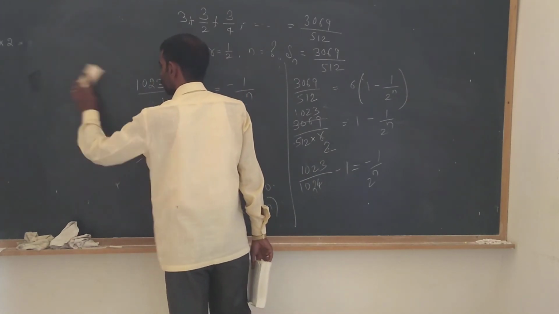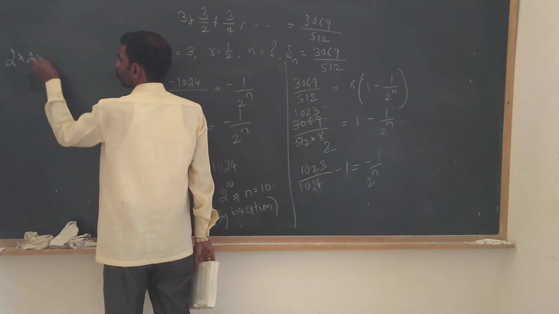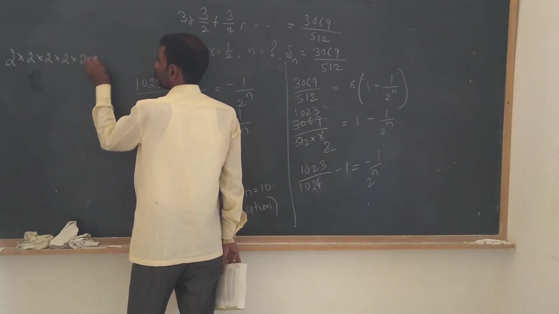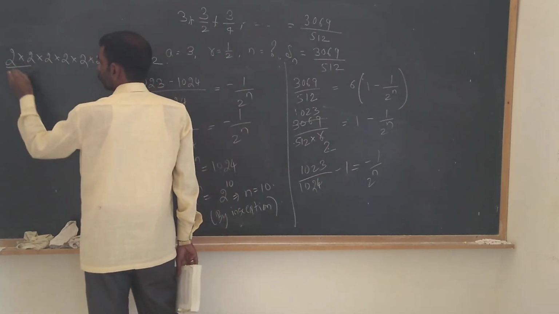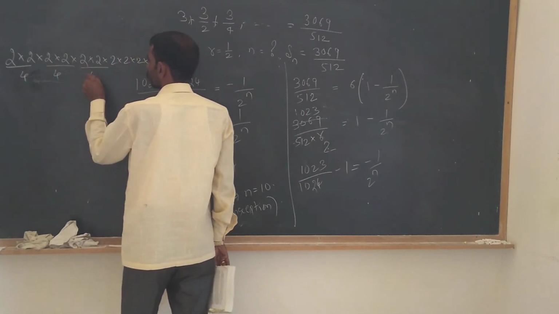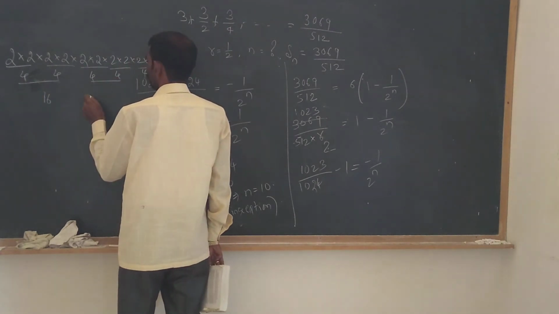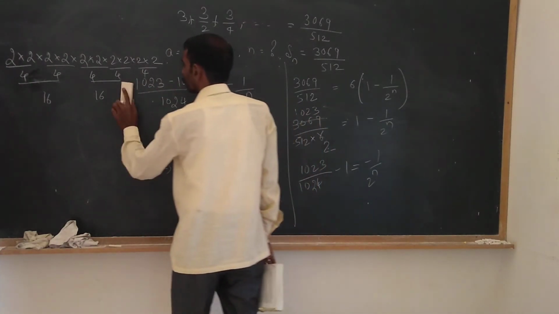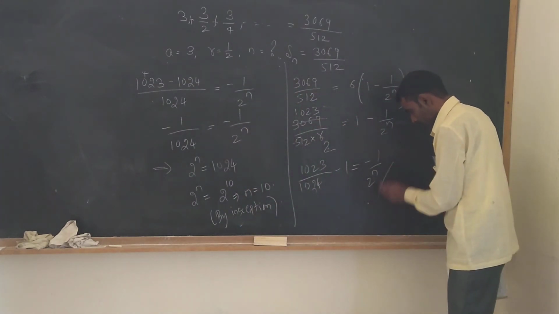When you try this, 2 raised to 10, we shall check it once again. 2 into 2 into 2 into 2 into 2, 1, 2, 3, 4, 5, 6, 7, 8, 9, 10. 4 into 4 into 4 into 4 into 4, this is 16 into 4. When you try this, you will be getting 1024. So this is how you solve this problem. So in the next class, I will continue with the